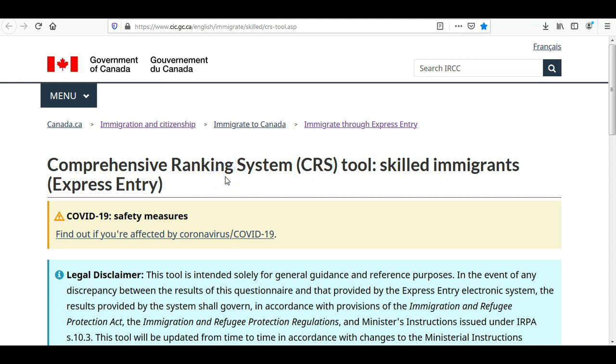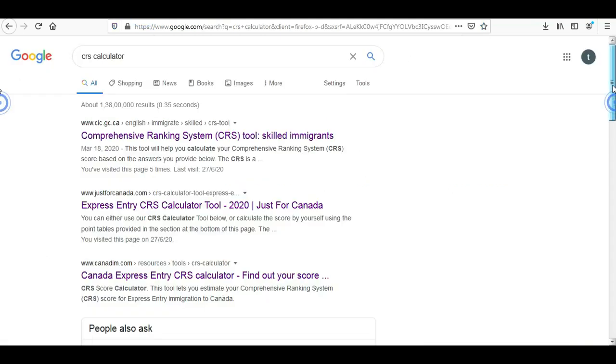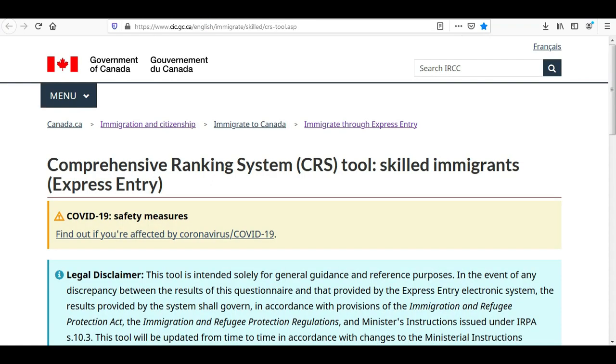tool can be used. In order to open this web page, you can simply open google.com and type CRS calculator, and then click on search and open the first link, and this link will redirect to this web page, which is an official Comprehensive Ranking System tool of the Government of Canada.